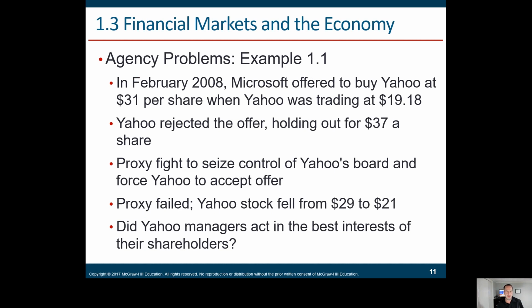And again, here is an example of an agency problem. In February 2008, Microsoft offered to buy Yahoo at 31 per share. Yahoo rejected the offer. They had a fight and seized control of the board, which failed, and the stock went down. So, effectively, when Microsoft said they were interested in Yahoo, it went up, but Yahoo didn't want to be bought out. They didn't want someone else taking them over. And that actually hurt the value of the company. And the market was saying, really, we think Yahoo is in better hands with Microsoft than it is on its own. But the owners or the board have an interest: if they leave, Microsoft buys them out, they're out of the job.